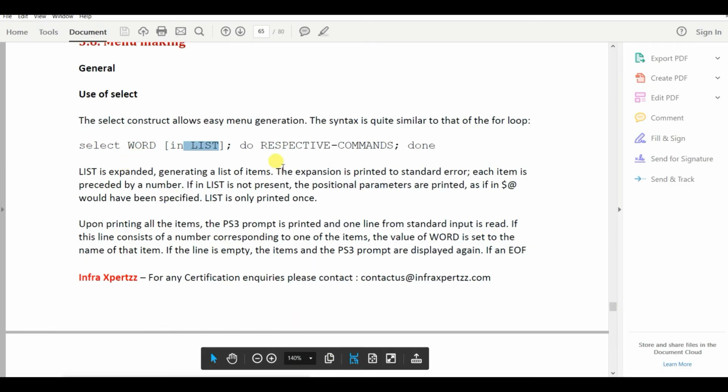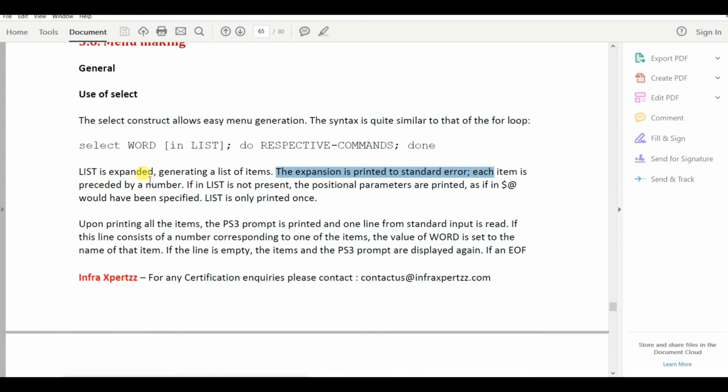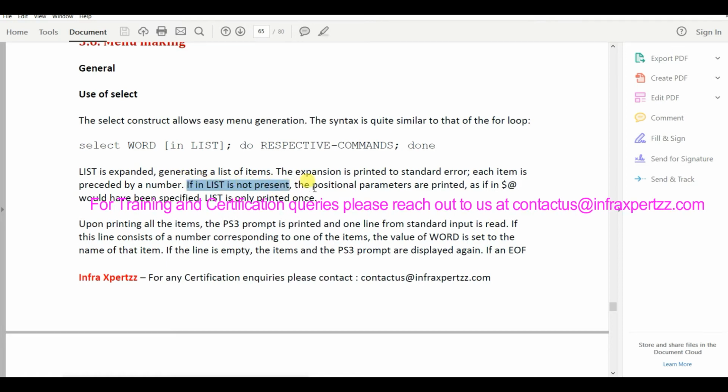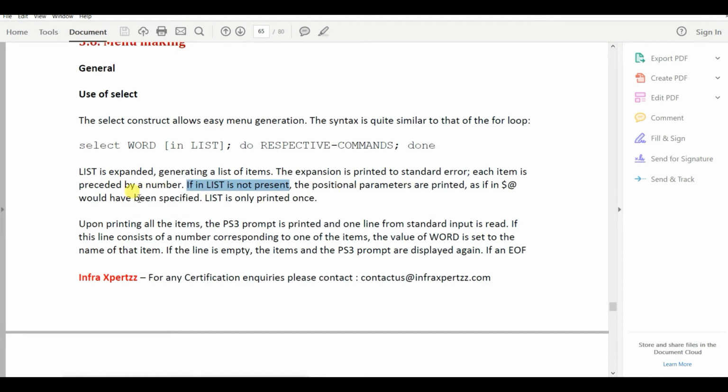Then the expansion is printed to standard error. Each item is preceded by a number, which we did earlier with our echo command. With select, we can do it easily. If "in list" is not present, the positional parameters are printed, as if "in $@" had been specified. The list is only printed once.